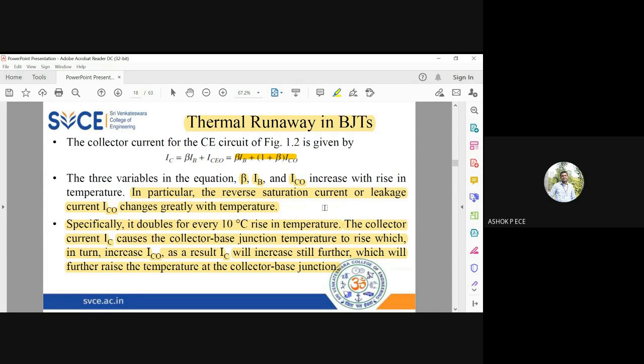So when the collector current is increasing, the transistor will slowly move from the active region to saturation, and the Q point will shift from the midpoint of the DC load line. It will move slowly towards your y-axis. That is a danger mark, because when a large amount of current flows through your device, it may lead to eventual